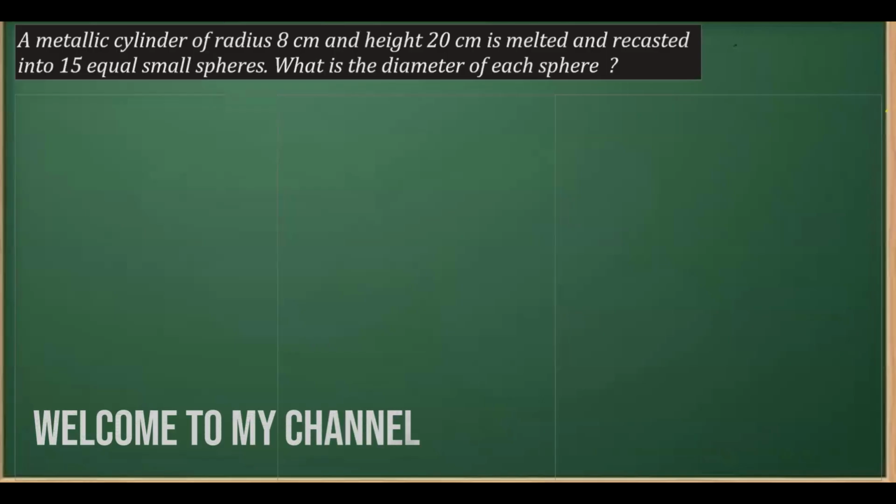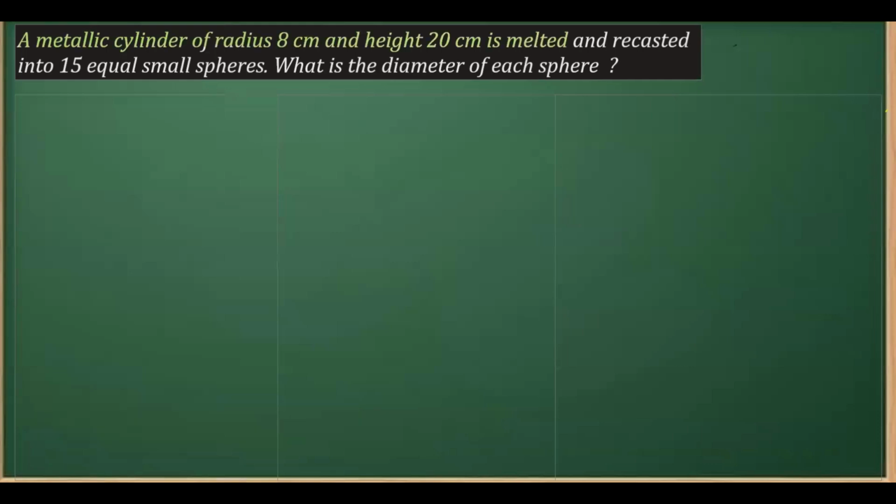Now, this question from the chapter surface area volume says a metallic cylinder of radius 8 centimeter and height 20 centimeters is melted and recast into 15 small spheres. And what we have to determine is the diameter of each sphere. So what you know is that whenever a solid is transformed into another shape, what remains the same